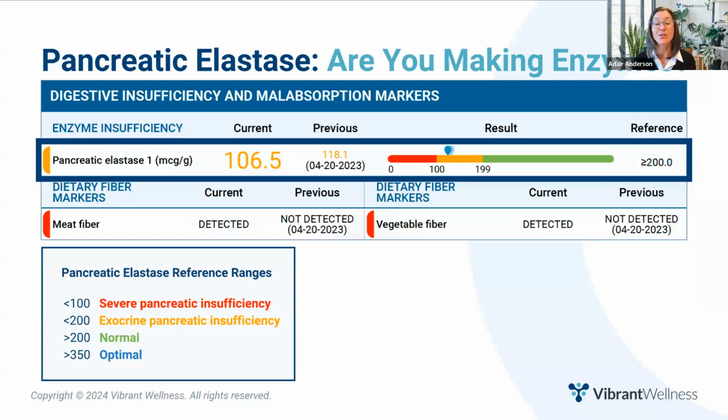Pancreatic elastase is a useful indirect marker of pancreatic function. Unlike other pancreatic enzymes, elastase 1 does not degrade as it passes through the GI tract, so it is readily detectable in the stool. The reference range says greater than 200 is normal, but really 350 is optimal. Now, I rarely see results that are over 350 or under 100, but I often see results in the 200s, which I would consider suboptimal and would address.